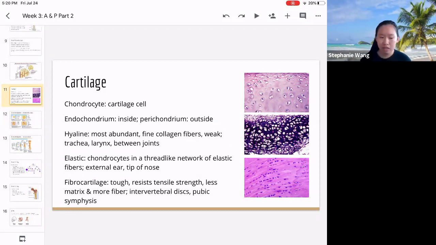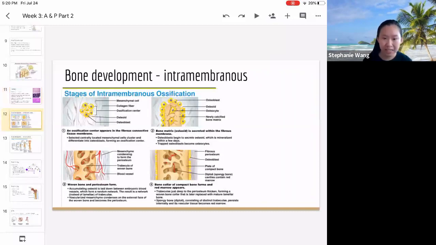So next, on top of the mesenchyme, there will be accumulation of calcium and phosphate or hydroxyapatite crystals. And once it accumulates, it begins to calcify, meaning that it hardens. And then blood vessels will also perforate it, and then there will also be osteoclasts in the middle trying to create these holes for the blood vessels to perforate. And then on the outside, there will be compact bone. So intramembranous is used for bone development of the cranium, so the bones in the skull, or other flat bones as well.